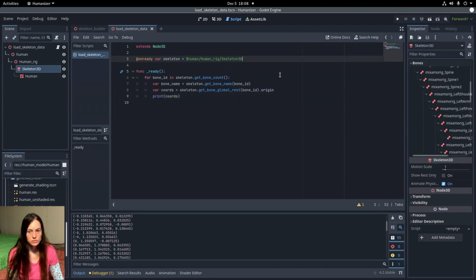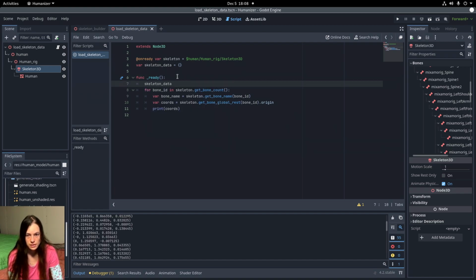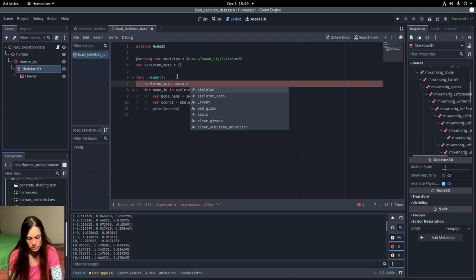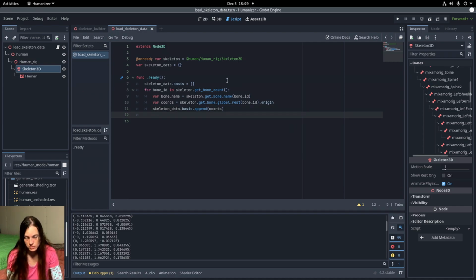So now I want to save this to a file. So I'll make a new empty dictionary for the skeleton data, and I'll set the skeleton data basis equal to an empty array. And then I'll just append the coordinates to the array, and when it's done, I'll use the